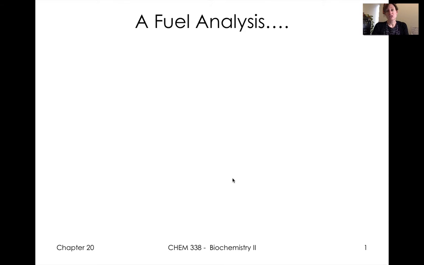So we have our last lecture now on our lipid metabolism chapter, and we have two main things to cover in this lecture. We're going to talk about regulation of fat metabolism, and then we're going to talk about cholesterol biosynthesis. And related to that, we're going to talk about not only the biosynthetic pathway, but also some gene regulation aspects of that, which tie into the